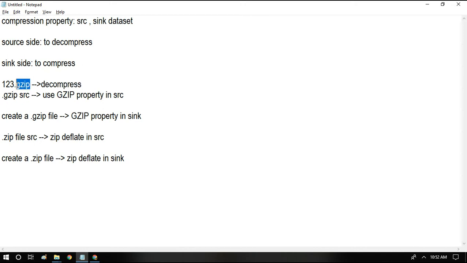Since its extension is gzip, we have to use the gzip property on the source side because it is a .gzip file and we have to decompress it.